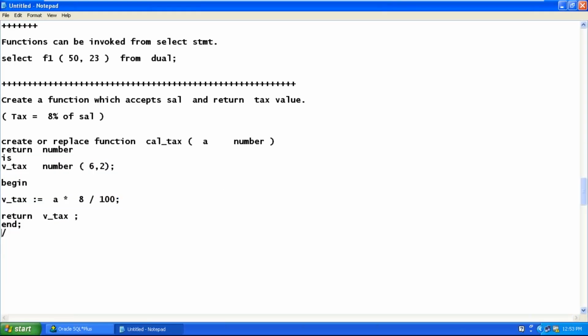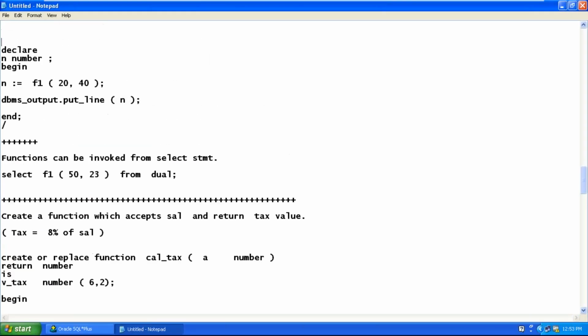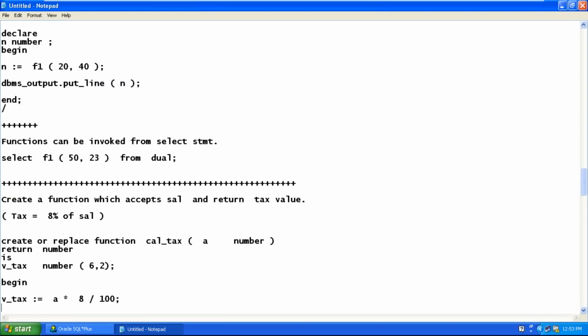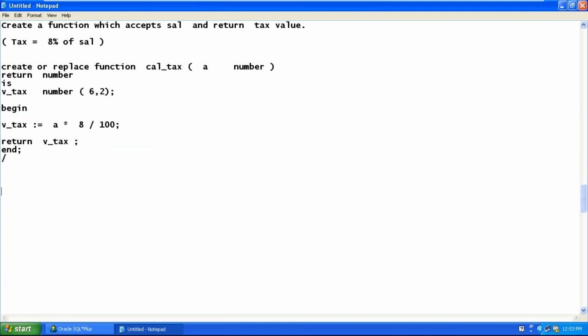How to invoke it? Can you tell me the code to invoke this using this as a reference? Declaration is okay. For the function, we should give one input parameter. What's the name of the function? Not F1. Change the function name to cal_tax.